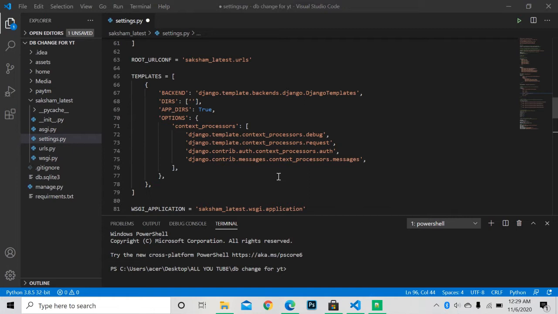Today I'm gonna address how to take a database backup and change it to your desired database. The process will be the same for Postgres, MongoDB, or MySQL, whatever you want to integrate, but it will change from the default SQLite 3. I will be doing this with a live server. I mean, our website is up and running. Let me show it to you.